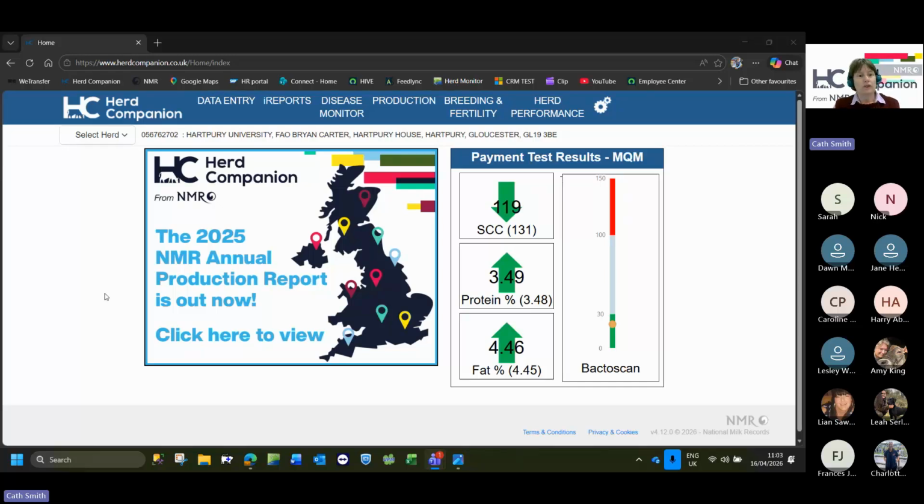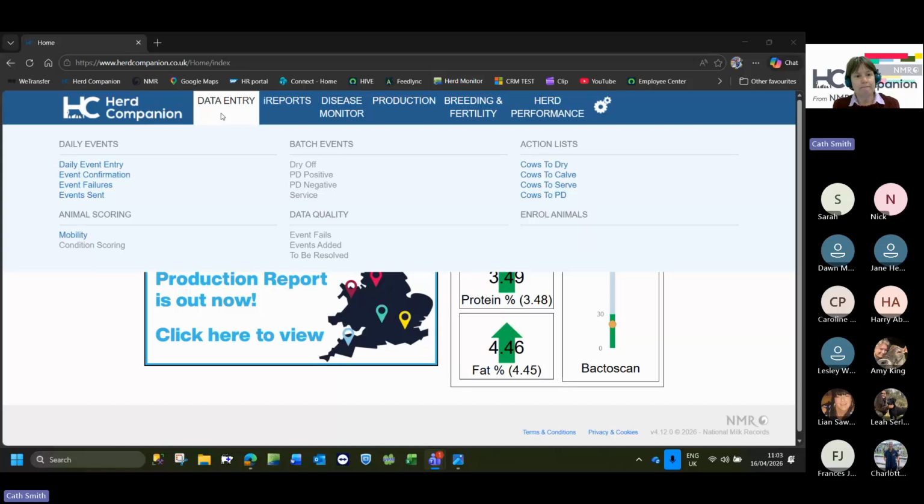Today, though, I want to look at data entry predominantly. Now, this is absolutely relevant to anyone not on software. So getting your information to NMR that bit quicker, maybe if you're using the paper reports currently, why not give this a try? So it puts you in control of when your events come in, and you can enter whenever you like. So the recording window